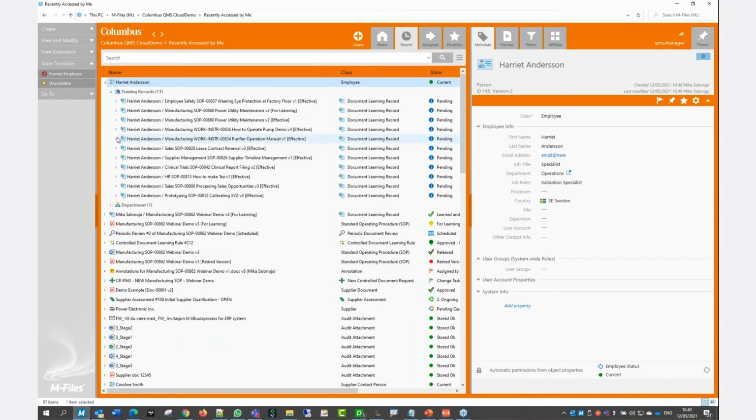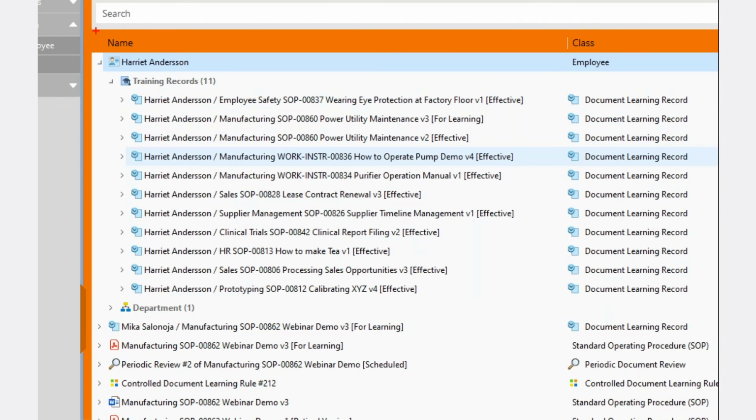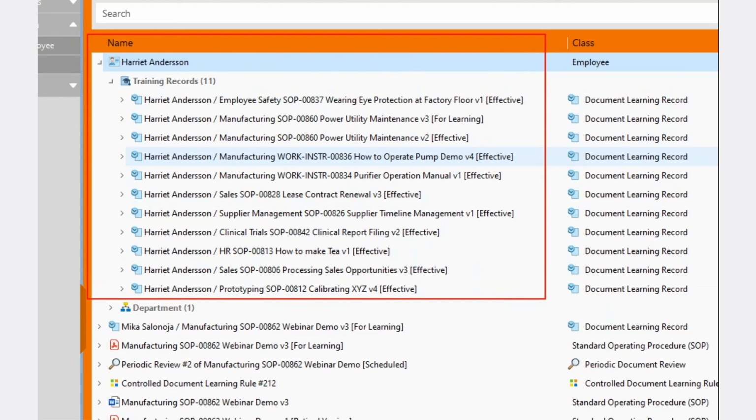And all right. This is what the training module in the Columbus QMS has already created for her. If she logs in herself in the system, one day she will find all these on her to-do list. Based on her HR data, this is the training to-do list for her. It might also include some mandatory courses, but this demo session is mainly about the documents, so let's only talk about them. And among the many things that Harriet should do is also check the SOP,